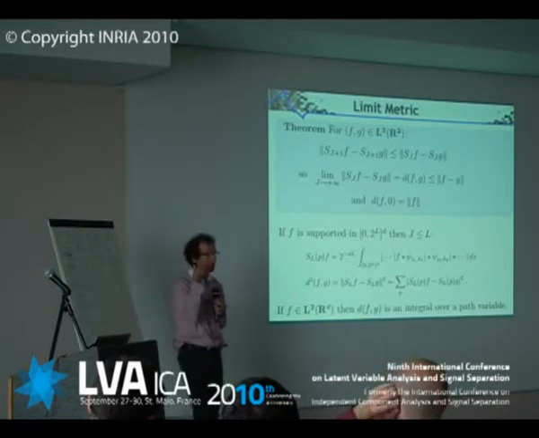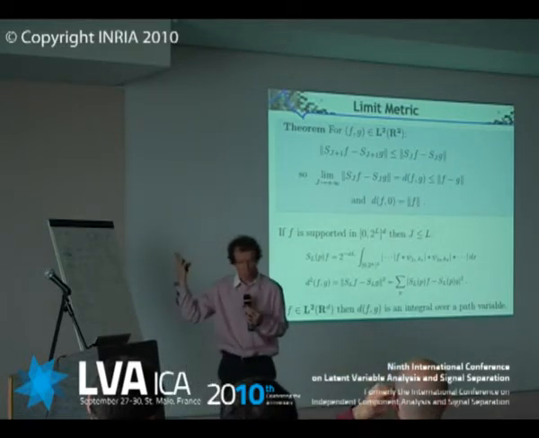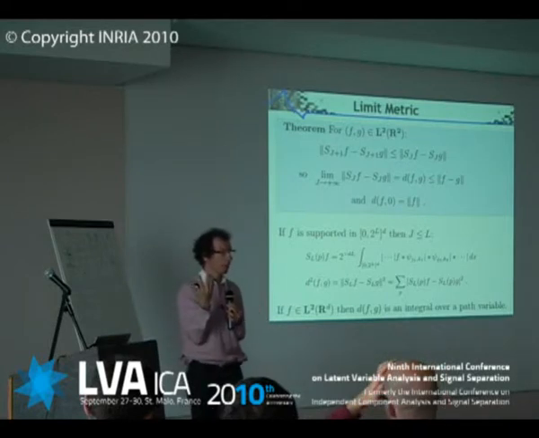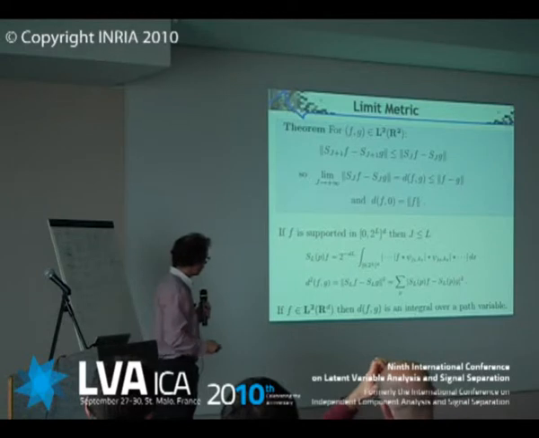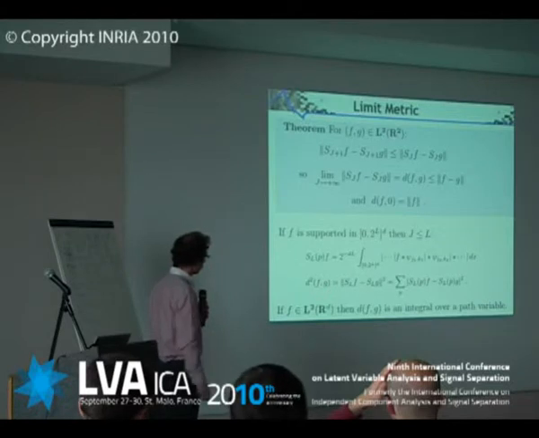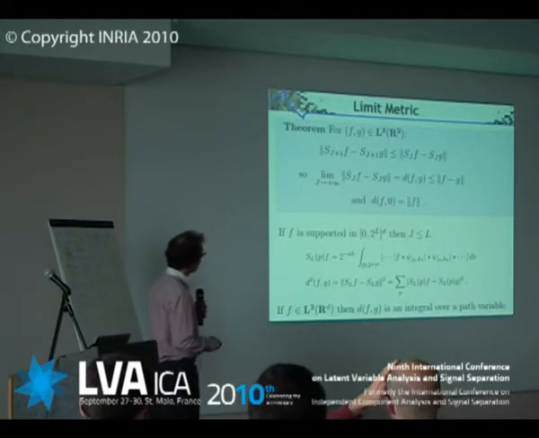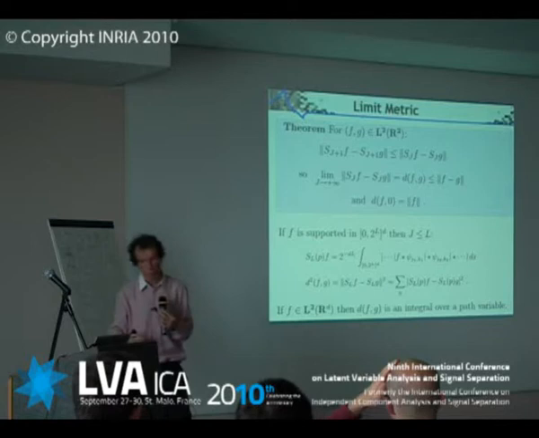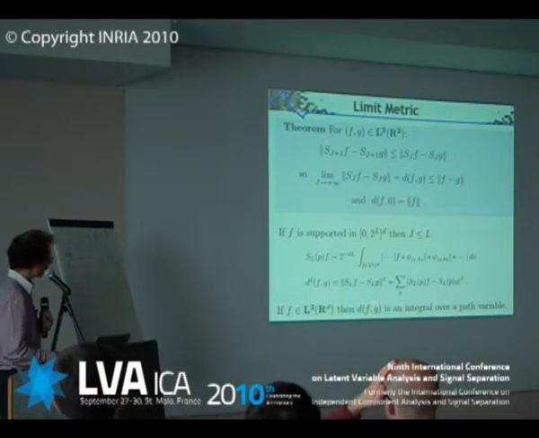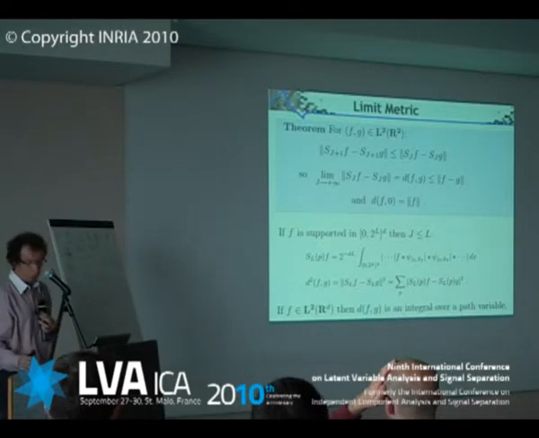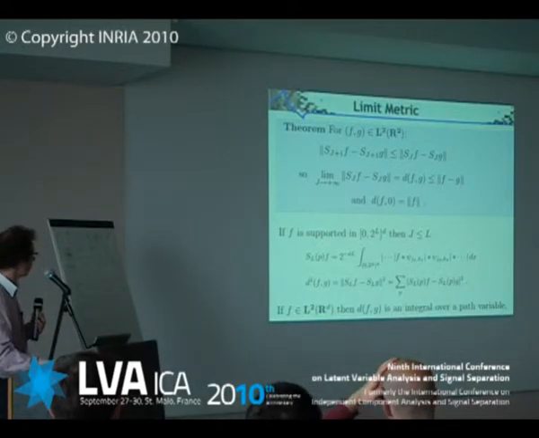So the important thing here is to think that in the Fourier transform, the variable is a frequency. Here the variable is a path, okay? But otherwise, similar property, although here it's very nonlinear, you have a distance which is a Euclidean distance, and you have a conservation of energy. Now, when your function doesn't have a compact support, it gets much more complicated because you don't have that kind of convergence, and the path goes to a continuous path space. But basically, for the applications, we're in that framework.